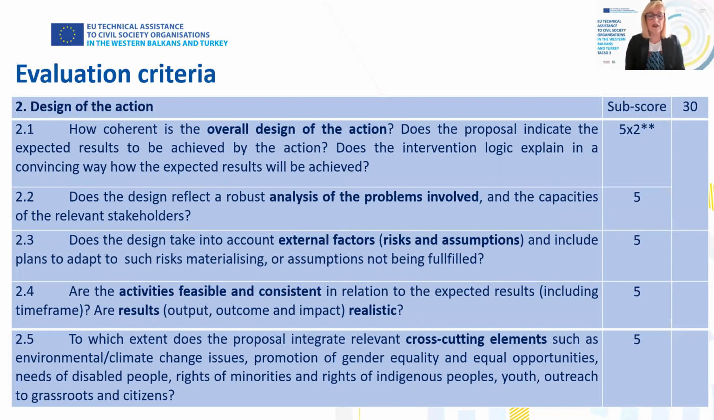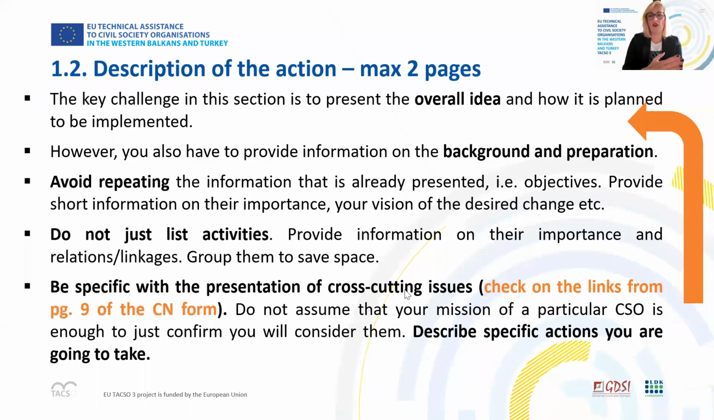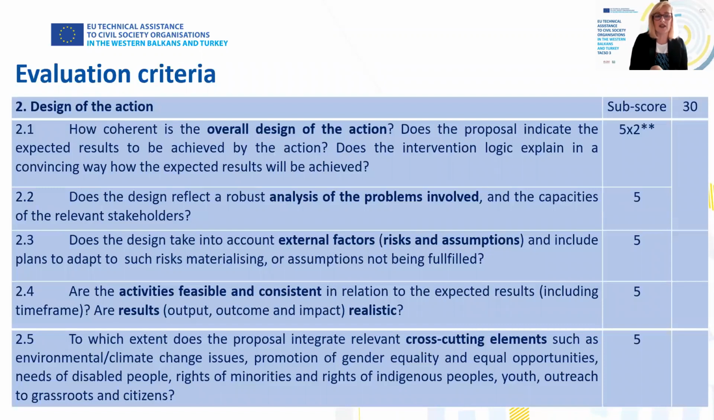grid. Even though the section description of the action is 1.2 in the concept note, in the grid it's number 2. It's like design of the action. So don't be confused with that. And here it's interesting to see, and I again bolded for you for easier review, what is requested, how this will be evaluated, and of course where the scores are doubled, like in this first one. The question about how coherent the design of the action is, is scored 5 times 2. So out of 30 points, you can reach 10 only for that